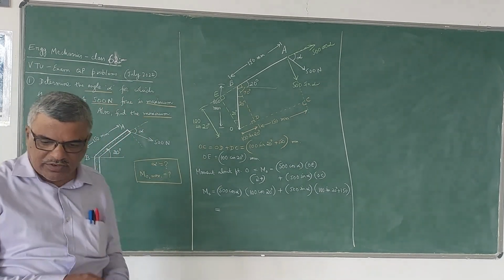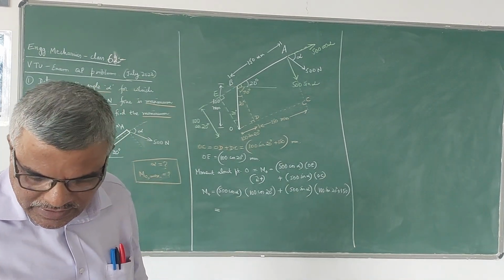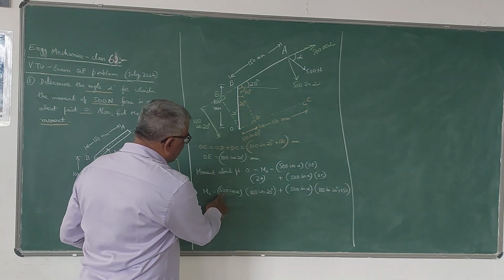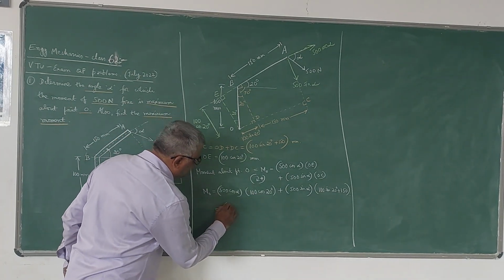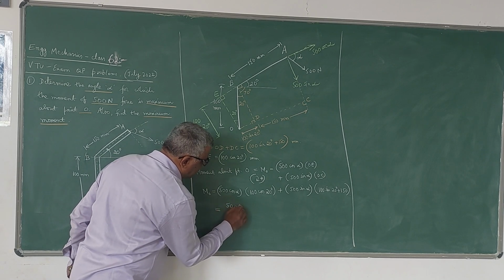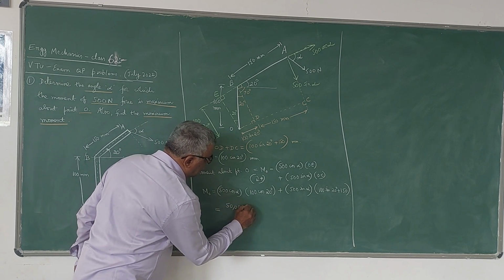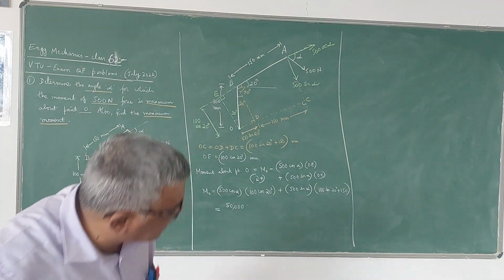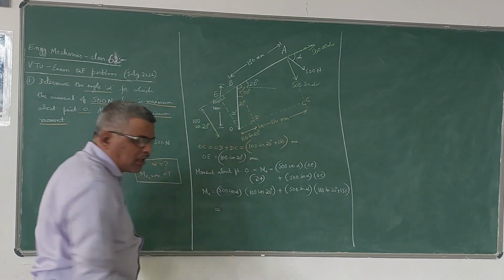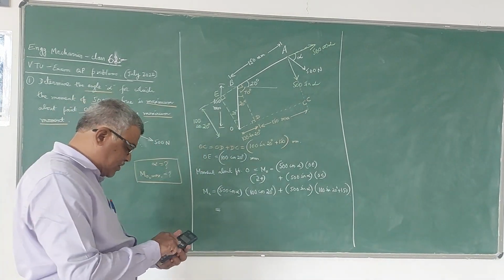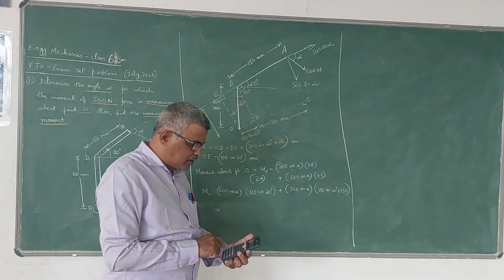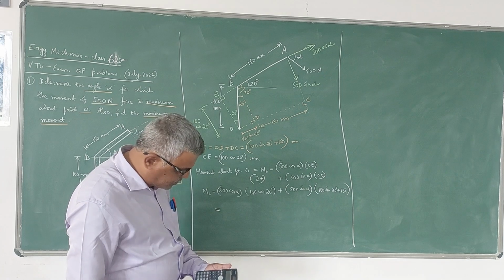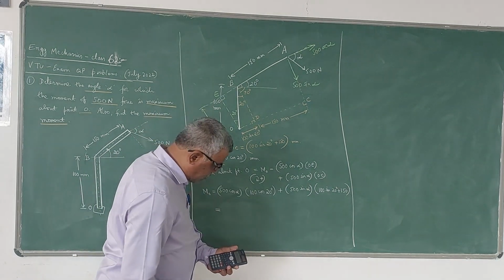If you simplify this, you will get it like this. Let us write the expression now. 500 into 100 is 50,000, into cos 20. I will multiply that also and write: 50,000 multiplied by cos 20. That is the constant term. 50,000 into cos 20 will be equal to 46,984.6